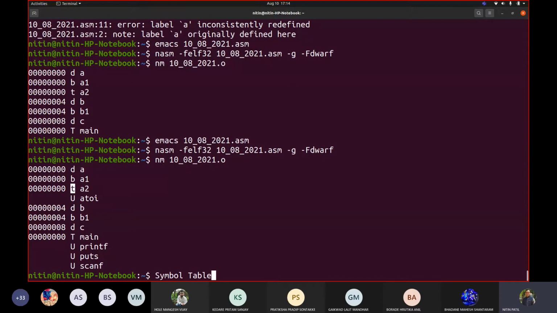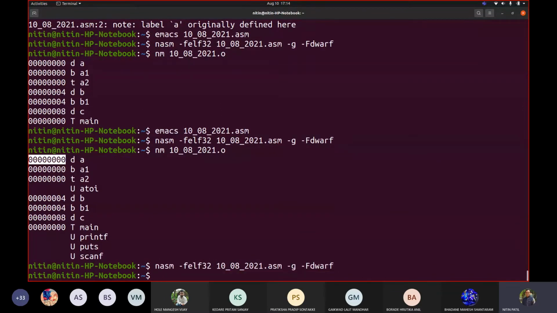Now, how should I store this information about the symbol table? That should be in some kind of format. I can see that this looks somewhat like an address. If I sort this, and take only the data section, let us make corrections in the code.